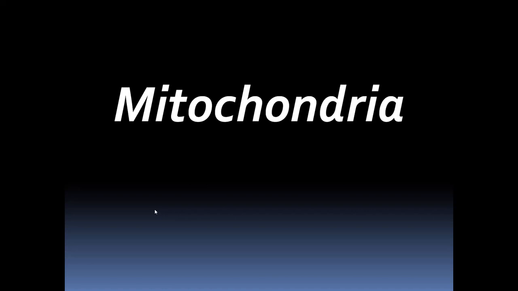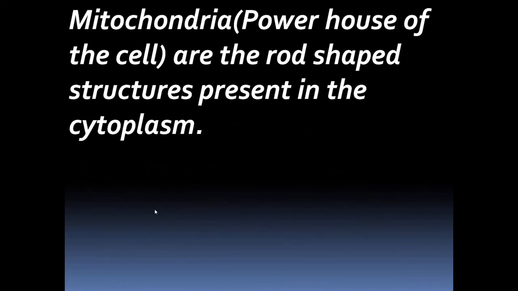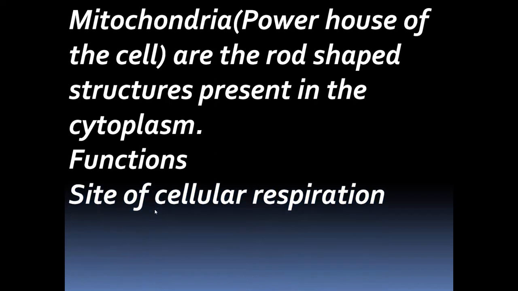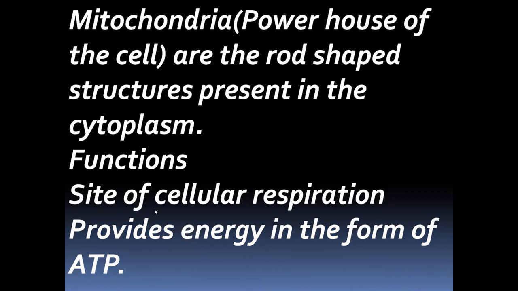Let us move on and learn about mitochondria. Dear children, we know that mitochondria occur in various shapes such as cylindrical, spherical or oval and rod shape. Each mitochondrion is bound by a double membrane. Outer membrane is smooth but inner one is folded. Folds are called cisternae. Inner membrane encloses a fluid known as matrix.